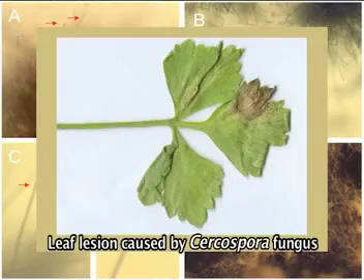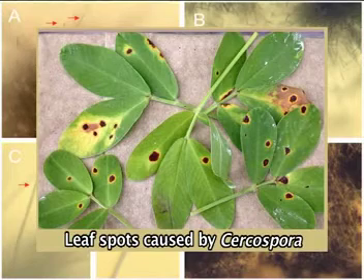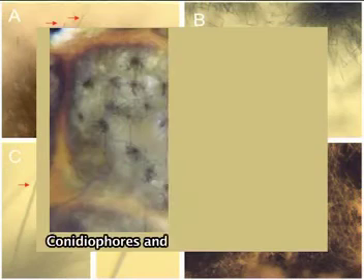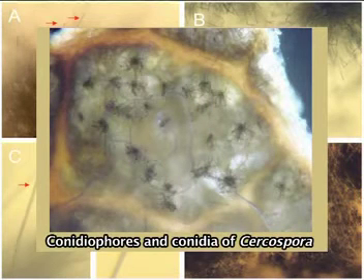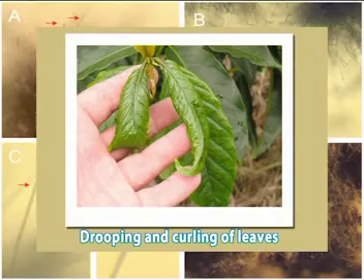Now, general symptoms and damage of Cercospora on different hosts. Symptoms caused by Cercospora species are variable. Leaf spots may or may not be present. Leaf spots range from a faint discoloration on both the surfaces of the leaf to well-defined and conspicuous leaf spots with colored borders. Often, effuse fruit bodies are visible on the lower leaf surface when no leaf spots are visible. When the disease reaches a certain stage, the leaf may curl, dry, and often droop from the plant.